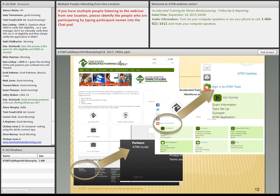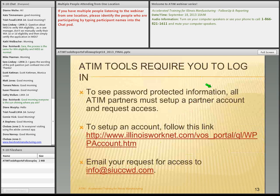So then once you get to the ATIM tools, that is where you will need a password. And all of that is password protected based on your partner account. If you do not have your partner account set up, you do need to do that and then request access. And to set up your partner account, you'll go to the link that's on the screen here, and we